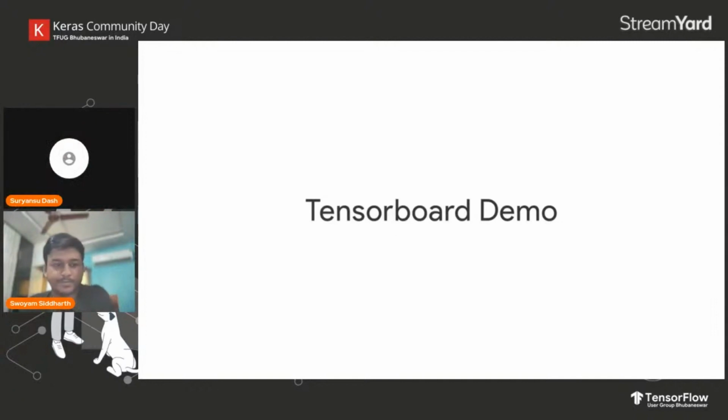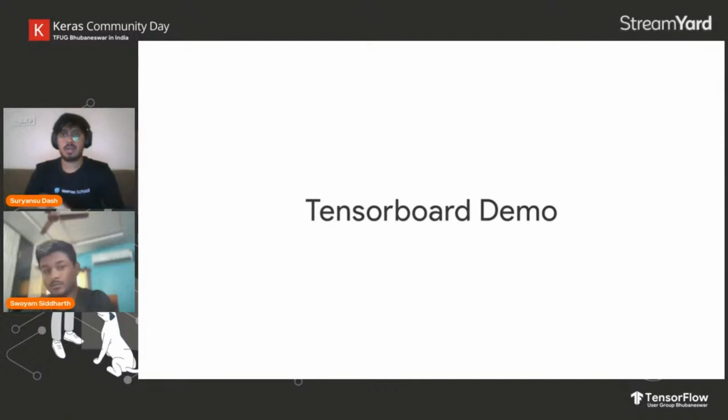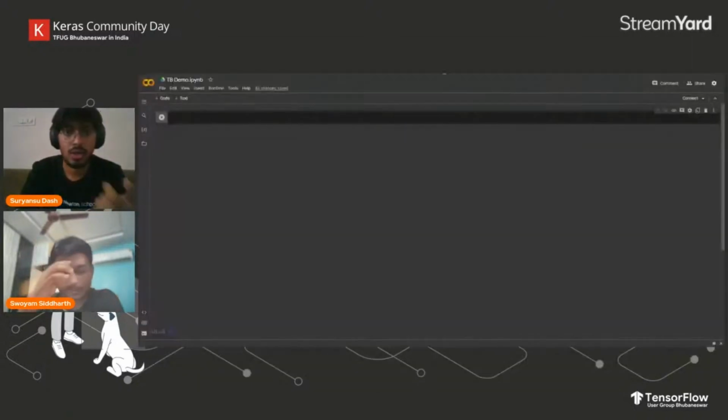I'm sharing the screen. Can you make it so that everyone can see the Colab screen? Yeah, your Colab screen is now visible to everyone.